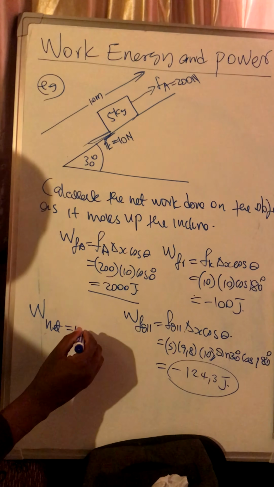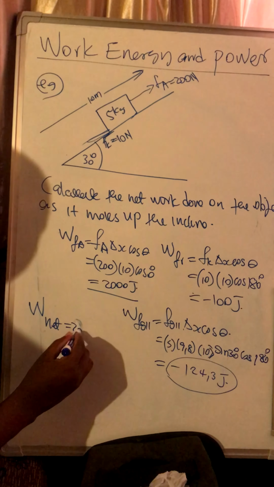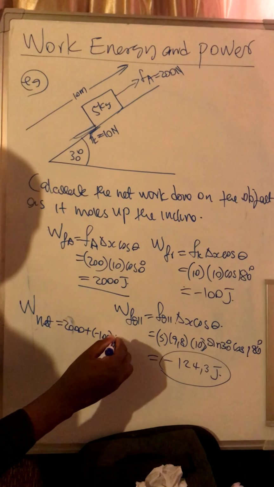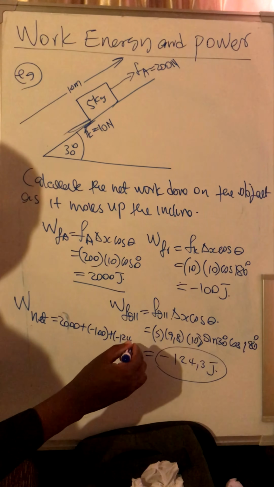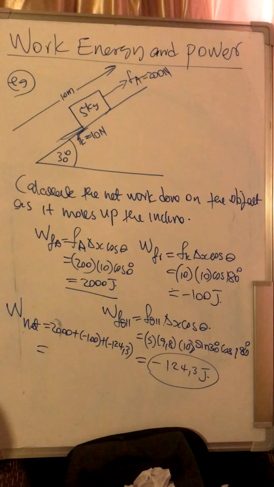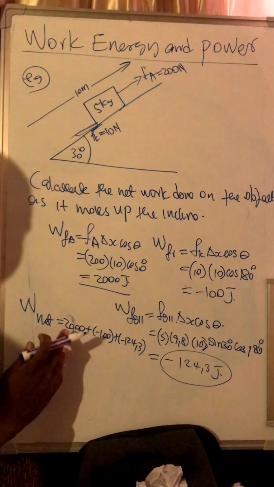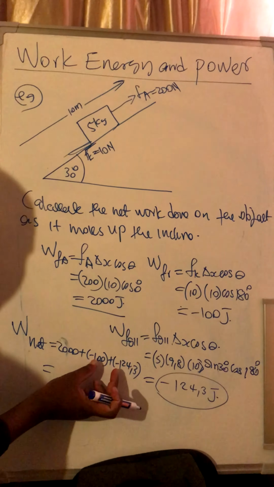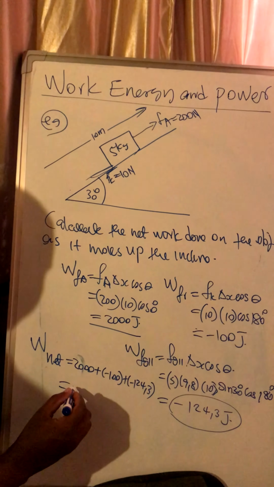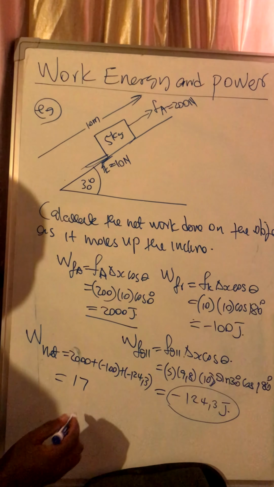So you'll have 2000 plus into negative 100 plus into negative 124,3. You see? So meaning that, what are you going to have here? If you press your calculator at once, you're going to remove 2, it will be 1.8, and then now it's going to be 1.7